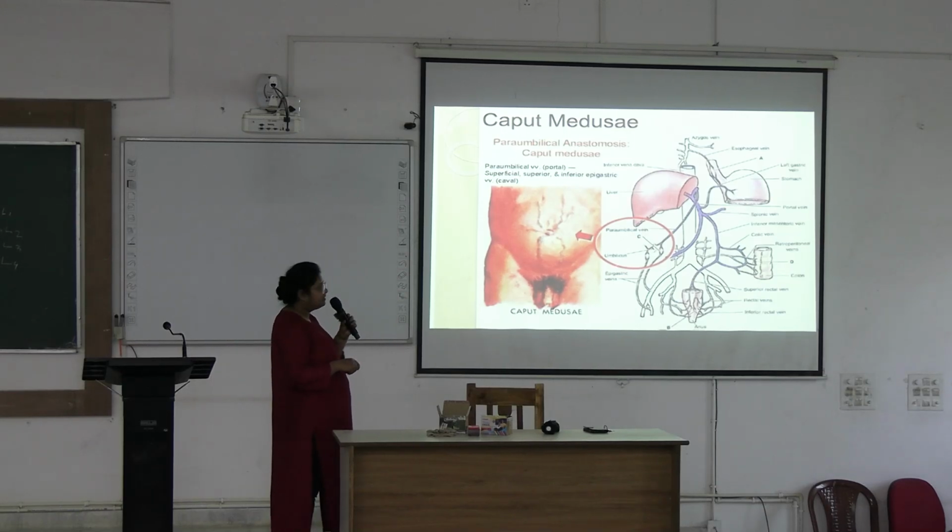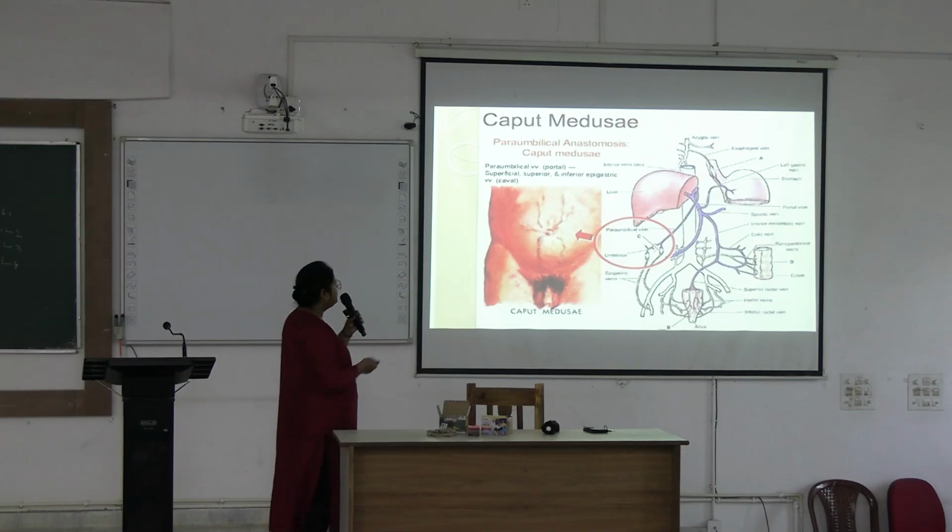You also have to check the direction of blood flow in these veins during your clinics, medicine or surgery. Here the anastomosis is occurring. See, this paraumbilical vein is anastomosing with the epigastric veins. Epigastric veins are coming from the iliac veins; these are systemic or caval system. The paraumbilical vein is going to drain into the left branch of the portal vein. So here is the anastomosis around the umbilicus.